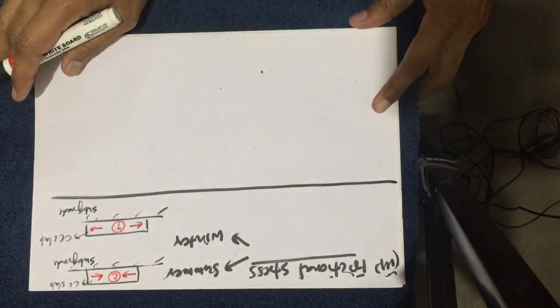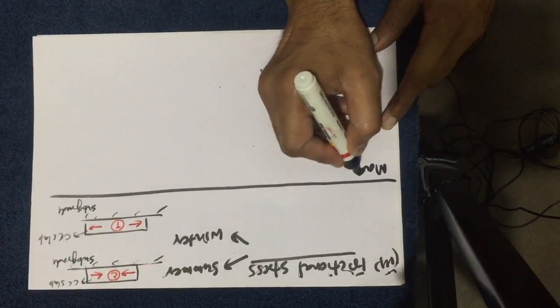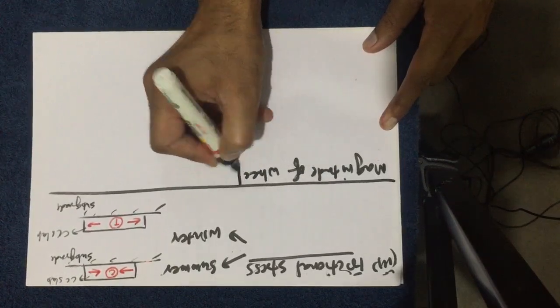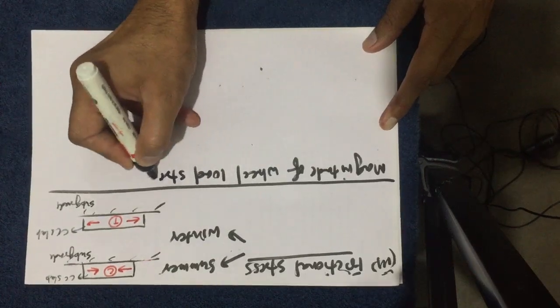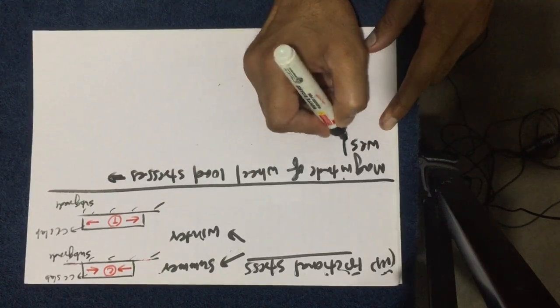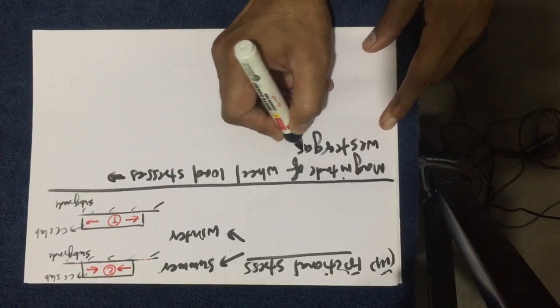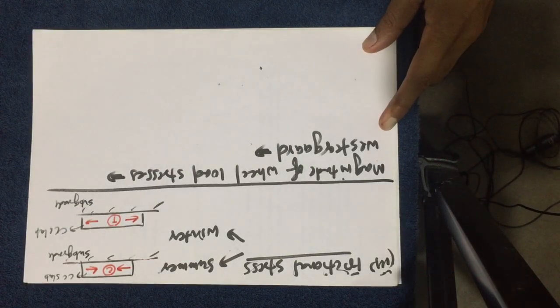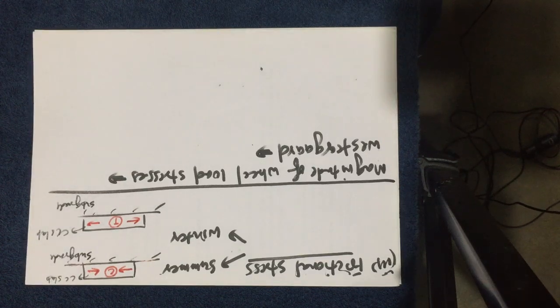So firstly, discussing the load stresses, meaning the magnitude of wheel load stresses. It was given by Westergaard's analysis and was thoroughly empirical. He gave the following relations to calculate the values of load stresses at interior, at edge, at corner.